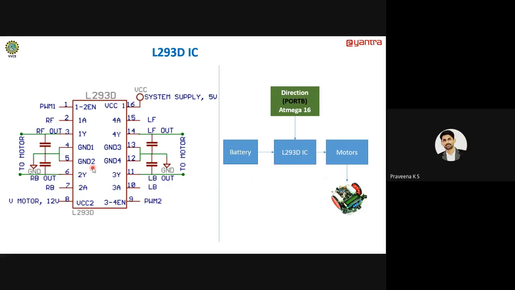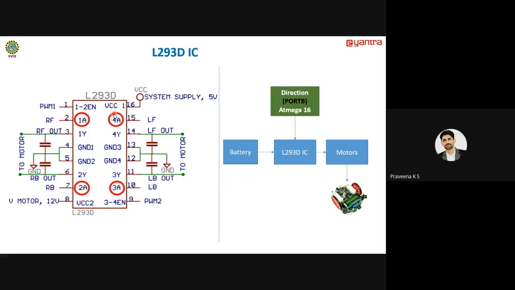Fine. So if you observe here, whatever input you give goes to these 4 pins: 1A, 2A, 3A, and 4A. These are the pins where you give the control input, like turn left or turn right. Fine. So these 4 pins are 1A, 2A, 3A, and 4A. It's actually a Firebird 5 robot diagram.